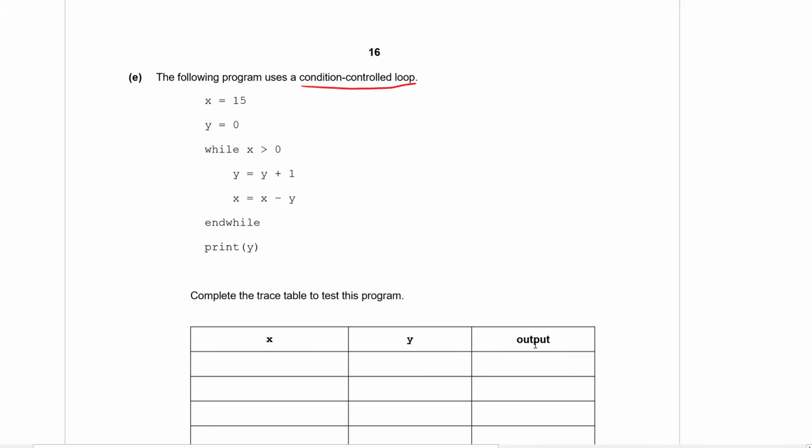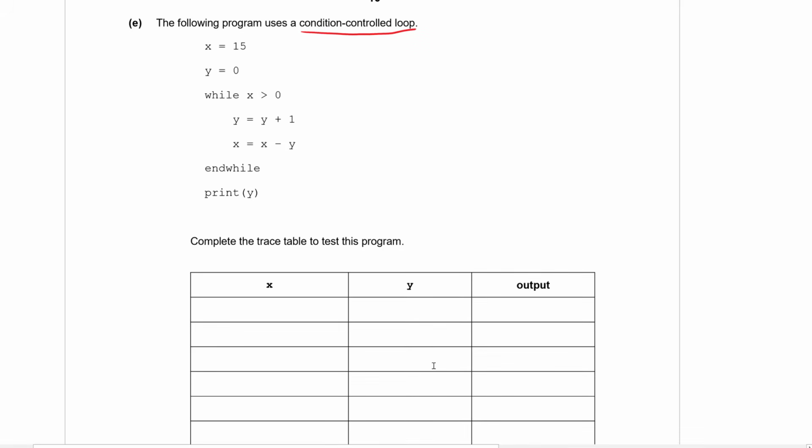The purpose of a trace table is to keep track of what is going on in your program. You need to act really dumb and just go through the code line by line, following it and writing down every time one of these columns changes. So starting at the top, x is set to 15. So I'm going to write down 15 in my first box. Then y is set to 0, and I could write down the 0 here and